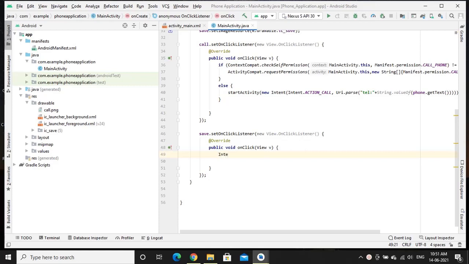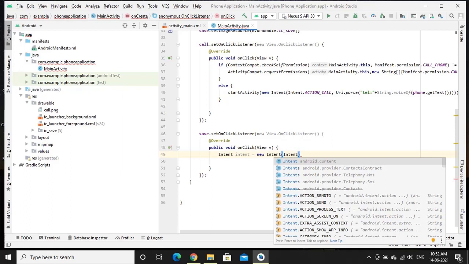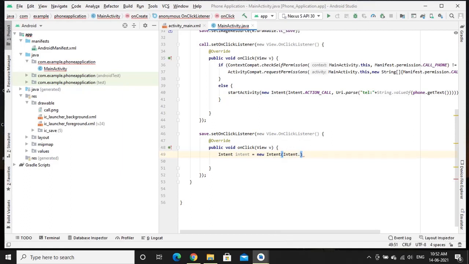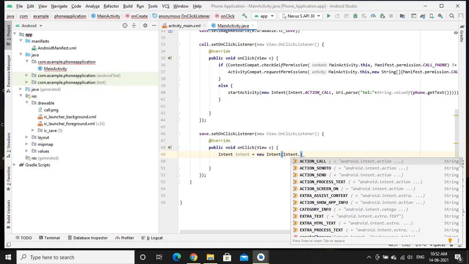Create a new intent reference. Inside this, we pass an argument of type intent, that is nothing but the activity we need to start, Intent dot ACTION_INSERT.